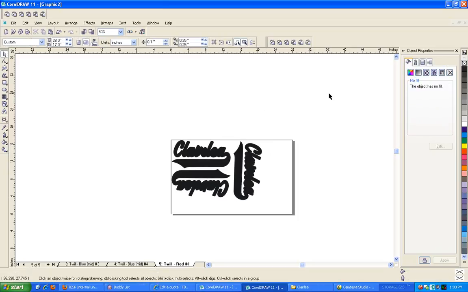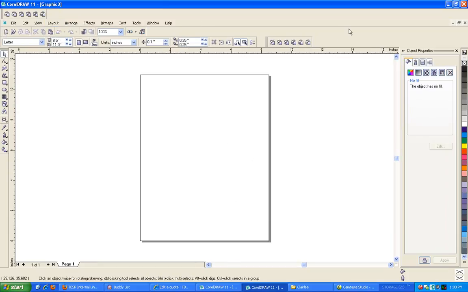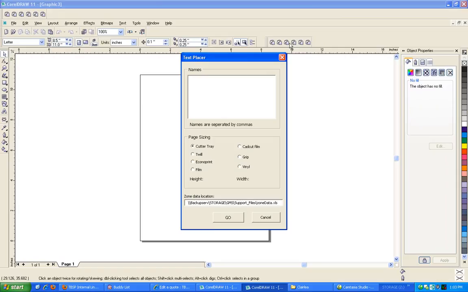All right, very quickly though, I'm going to show you how to use the text placer. The text placer is used not for logos, but for names. Sometimes people want to get names on the back of their jersey above the number. So we use the text placer for this. You use all capitals, so make sure your caps lock is on. And also you're going to want to select